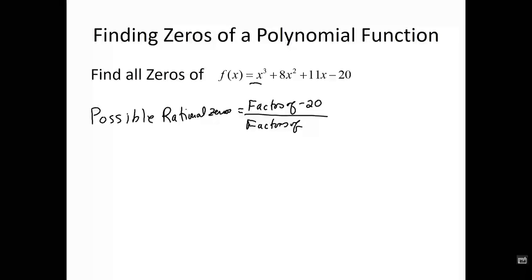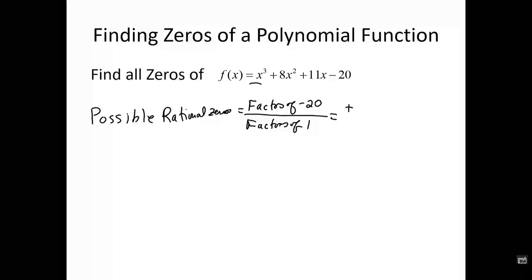The leading coefficient is 1, so we want factors of 1. So the possible rational zeros then can be listed as, so all of the factors of negative 20,